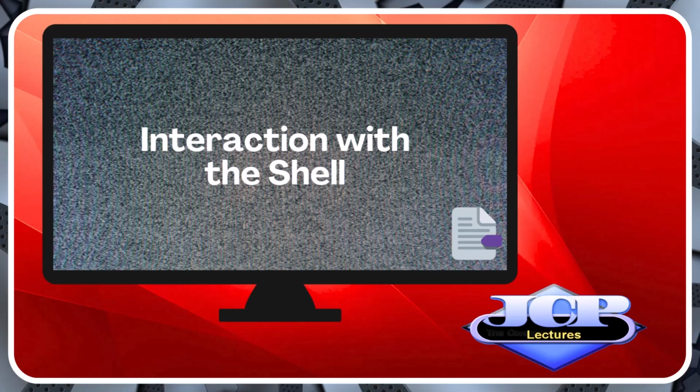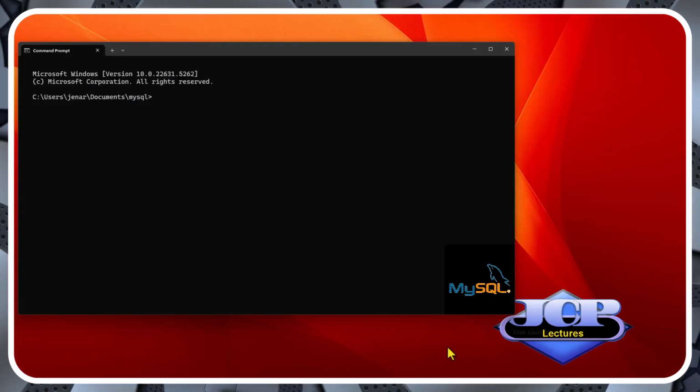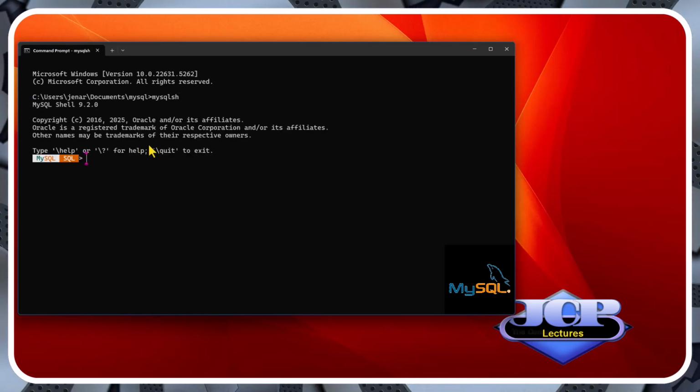Now in this section we will see interactions with the shell. If we open a terminal with the command prompt and type mysqlsh, MySQL Shell 9.2.0 responds with an orange prompt.